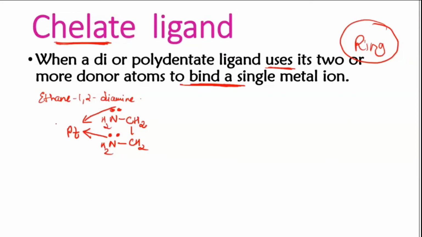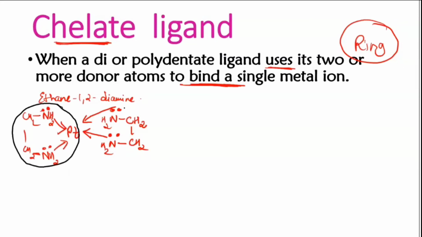And imagine the other side, if I am having another group also, then it will be like this. I will take that NH2 group here. There is a lone pair of electrons which will link to the platinum. Again, on this side I'm taking an NH2 group. This also is linking to the platinum metal. Then I will join this with CH2 group. So you can see here, it is giving rise to a ring-like structure. It is forming a closed structure. This is called chelating.